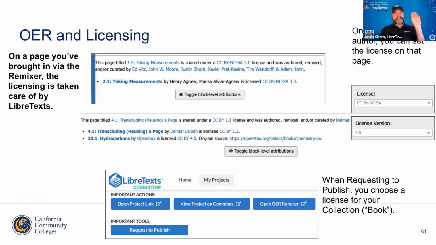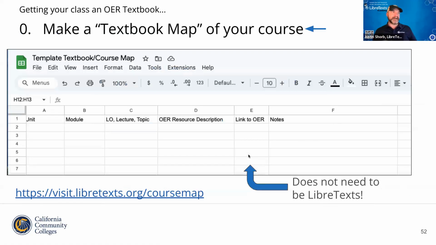So you can literally use, I love this person's paragraph, I'm going to keep it, but I'm also going to write my own paragraph, and I'm also going to take this person's description of some case study because I really love it. As long as you follow the rules for how to copy and paste, which you can ask during office hours or afterwards today, then you can definitely do that, and you'll get this automatic attribution. You'll click on toggle block level attributions, and you'll be able to see them all,